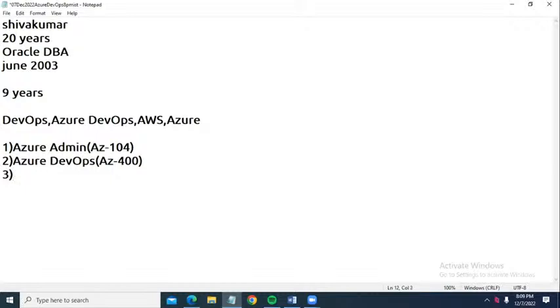There is a detailed discussion on Docker and Kubernetes, because without Docker and Kubernetes, you are not going to get a job in the market nowadays. Definitely you are not going to get a job with Azure DevOps alone. You have to have Azure Admin plus Docker Kubernetes. So I am not mixing Docker Kubernetes as a part of this course.